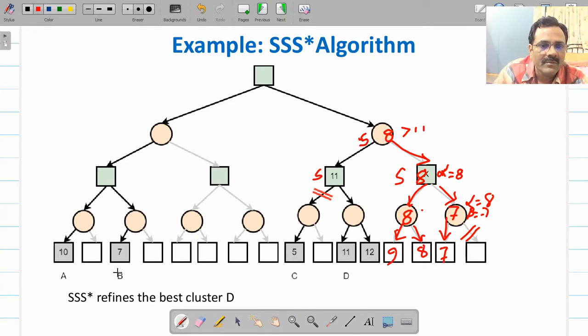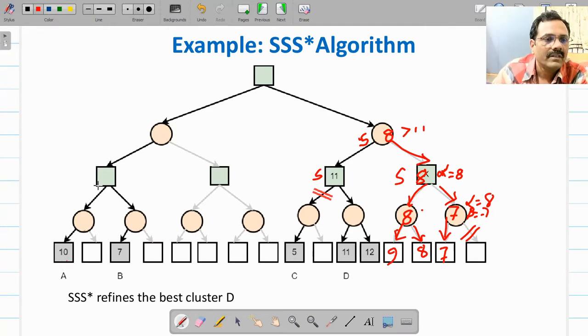But if you see cluster A and B, maximizer will find out the maximum best among the available options. So better than 8, one more option is available here, that is this node, representative node for two clusters A, which has value 10.